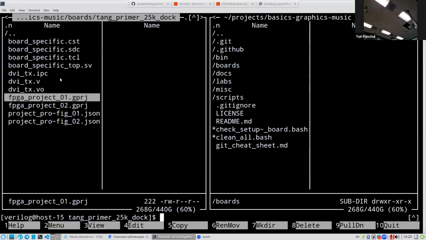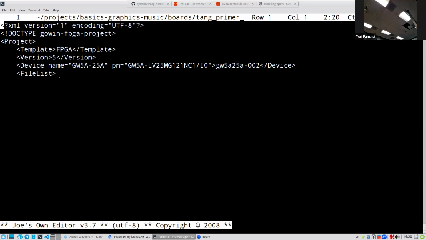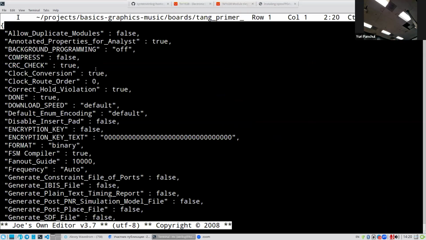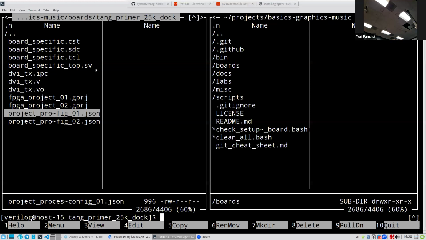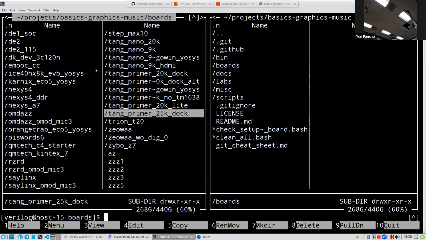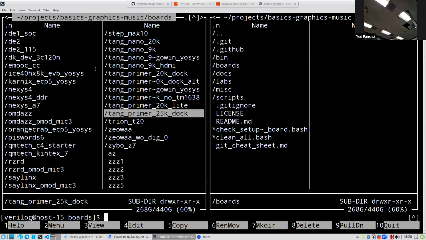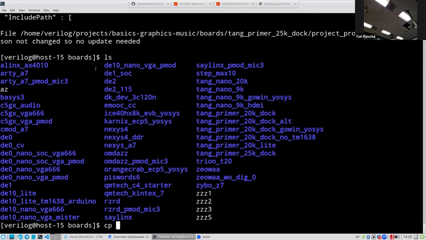Okay, so then we also need to create some pieces of project files. So this is an XML file, which is a project for synthesis and for GUI, and we just put here a part name, and we add the files. And this is the end of the project. And then we have also a project for GUI, which is the same for all different boards. So now, in order to implement 10 nano 1K, we copy this directory, or we can just do